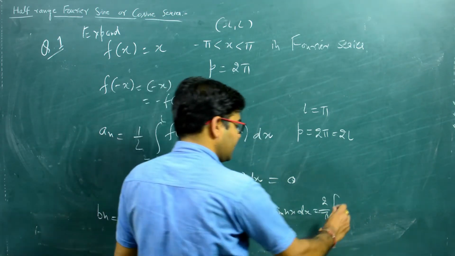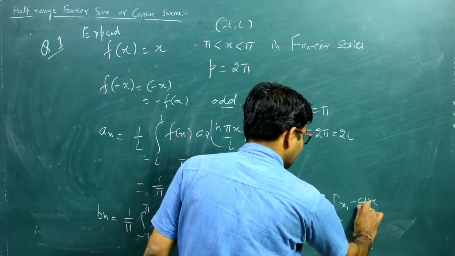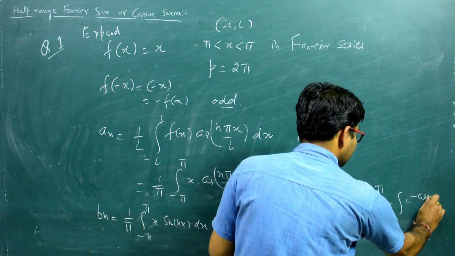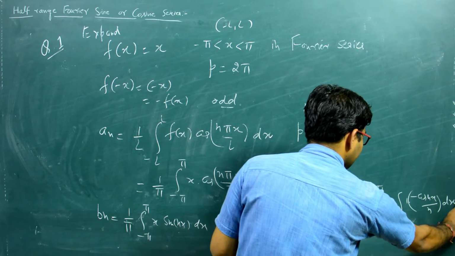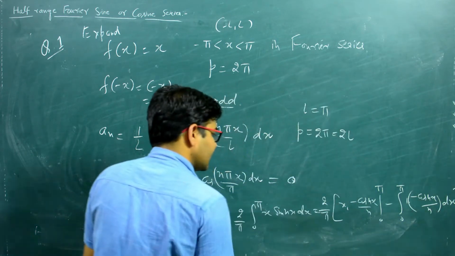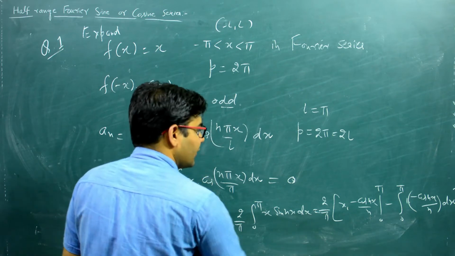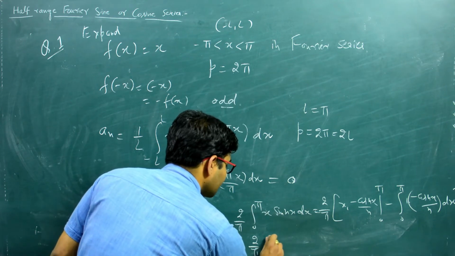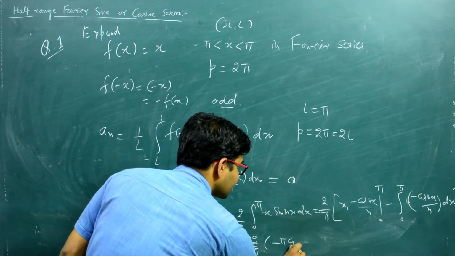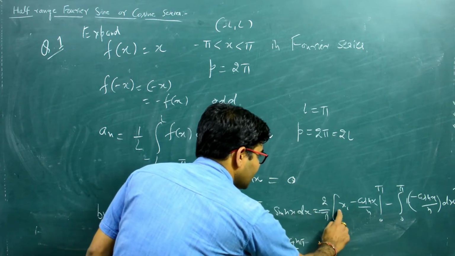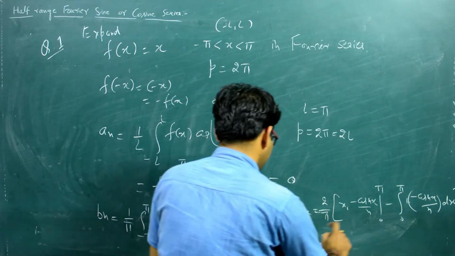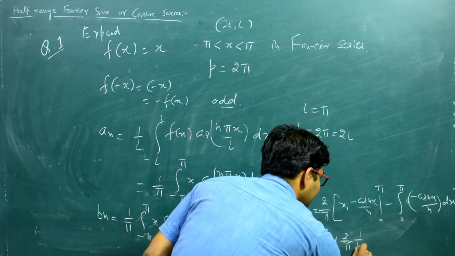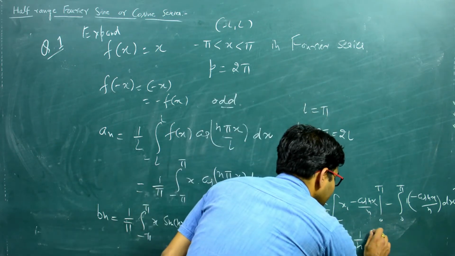which is equal to 2 over pi. I have to solve this definite integral, by parts: minus cos nx over n from 0 to pi, minus the integral of minus cos nx over n dx from 0 to pi. So if I solve it, what do I get? I get the following. If I put pi here, this will become 2 over pi into minus pi cos n pi over n plus 0. Okay, and then this will go here, minus minus plus 2 over pi, 1 over n, and cos nx integration will be sine nx by n